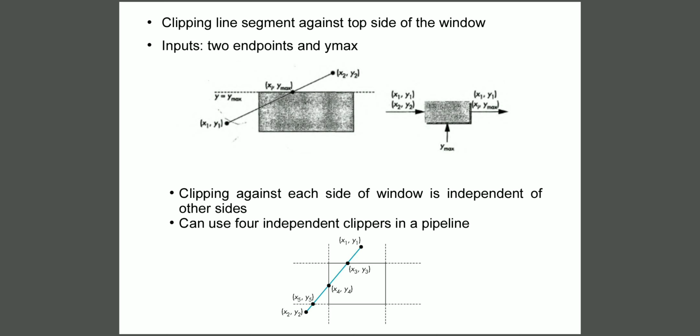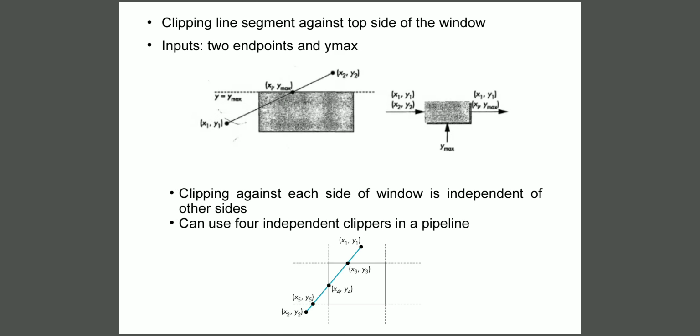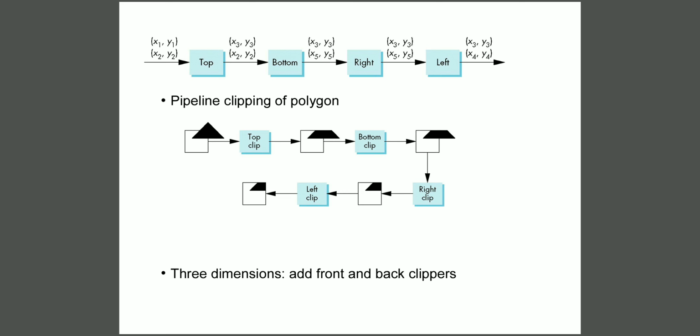Now, to represent that in a block diagram, the initial inputs to the clippers are x1 y1 and x2 y2. When we observe the line segment, x1 y1 and x2 y2 are the original endpoints of the line segment, and that is the initial input we are giving to a clipper. Out of the four clippers we need, that is top clipper, bottom side clipper, right side clipper and left side clipper, first we are considering the top side clipper.